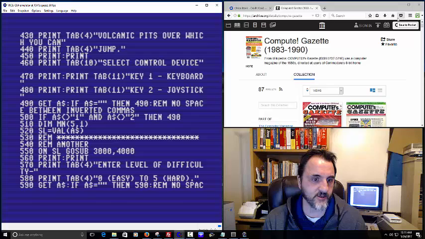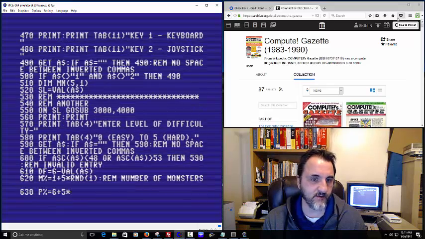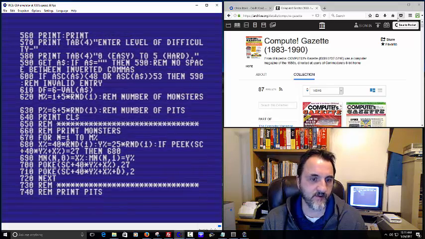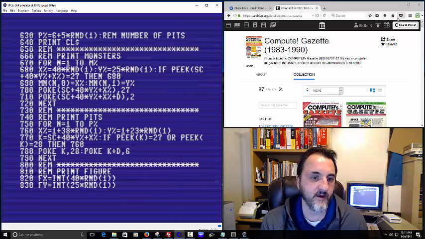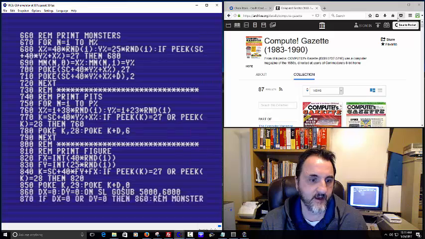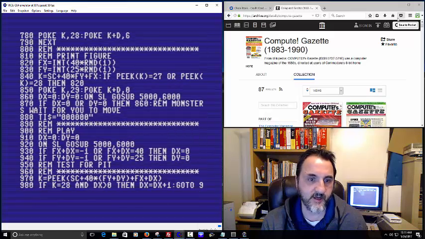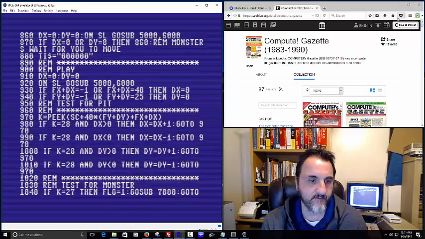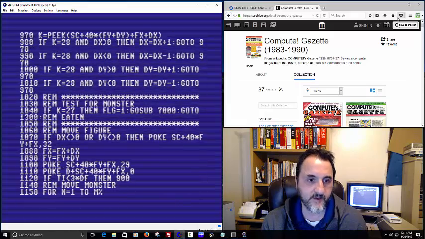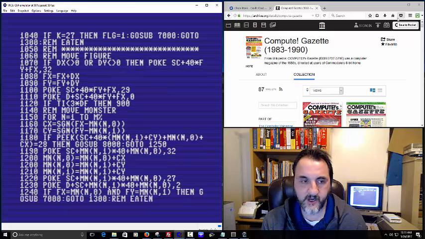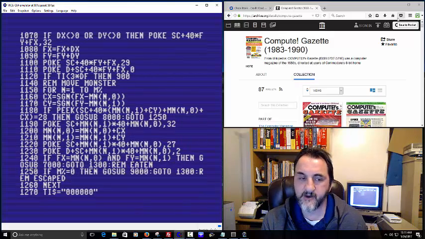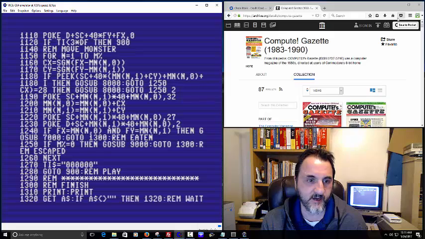This might be a text adventure, maybe. I see it uses a joystick or a keyboard. Common back in the days because not everybody had a joystick, so they would set it up for a keyboard versus a joystick. Some people just couldn't afford them. I was a kid and couldn't talk my parents into buying everything, but fortunately by the time I got this Commodore 64, I was old enough to afford my stuff. I was already working a job at that time.